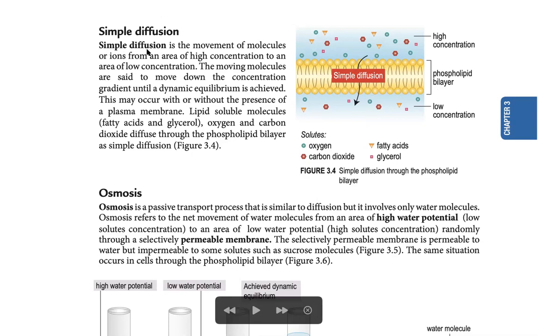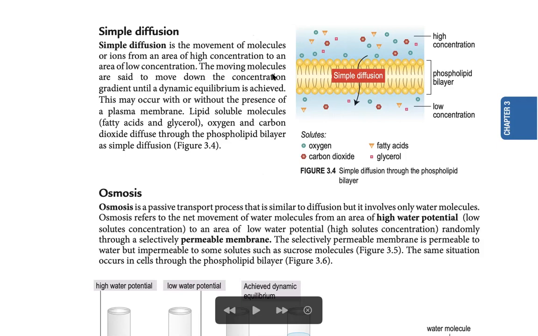Look, simple diffusion is the movement of molecules or ions. I don't know why they put ion here, but I think this should be replaced by gas. It should be lipid molecules and gas, because here we cannot see any ion, right? So I think this is a typo. I repeat again. Simple diffusion is the movement of fat molecules or gas from an area of higher concentration to